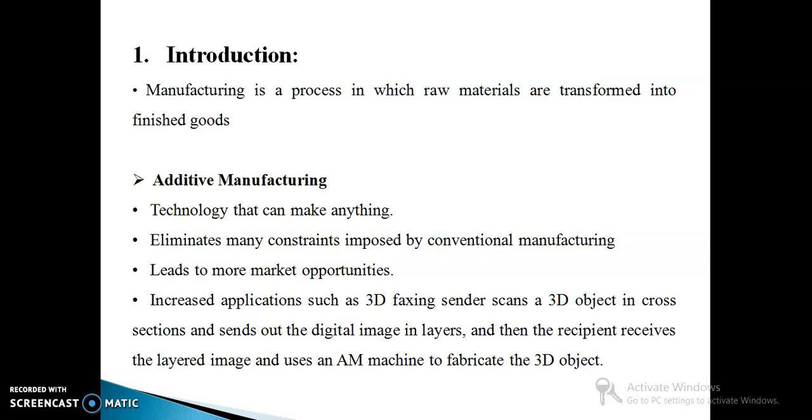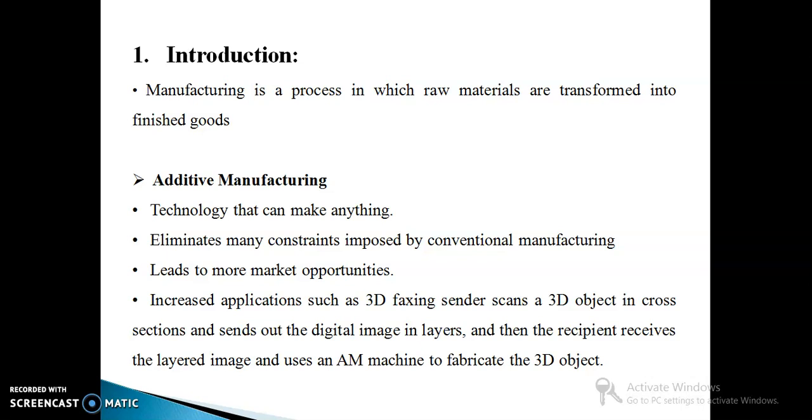In a conventional process, there is direct contact of a tool with the workpiece, and in a non-conventional machining process, there is no direct contact of a tool with the workpiece. So today we are going to discuss the additive manufacturing process, which comes under the advanced manufacturing processes, and its advantages.